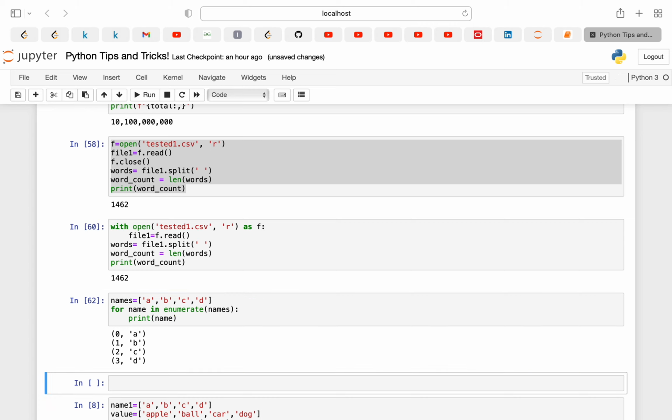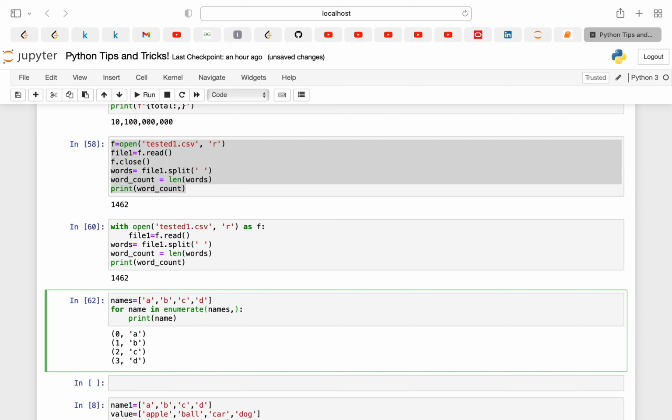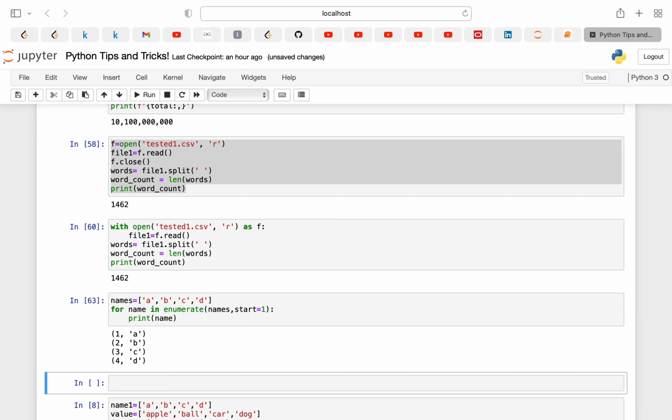As you can see, I'm getting the index. And suppose you want your index to start with 1, you can do the same. I'll use start equal to 1. If I do this, my index will start with 1.